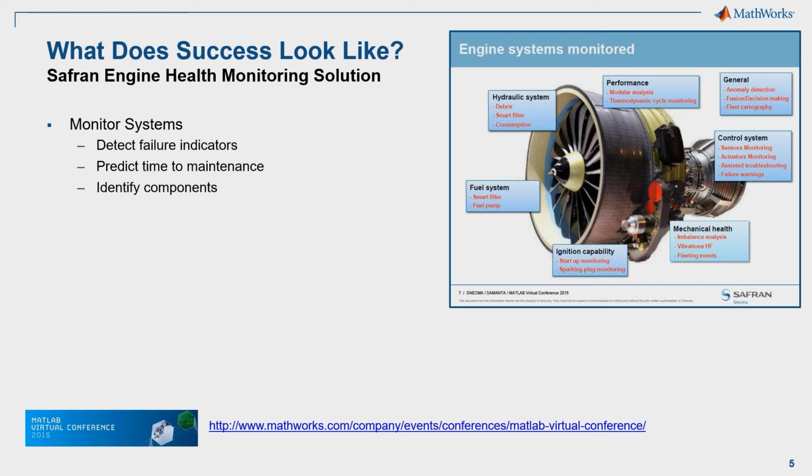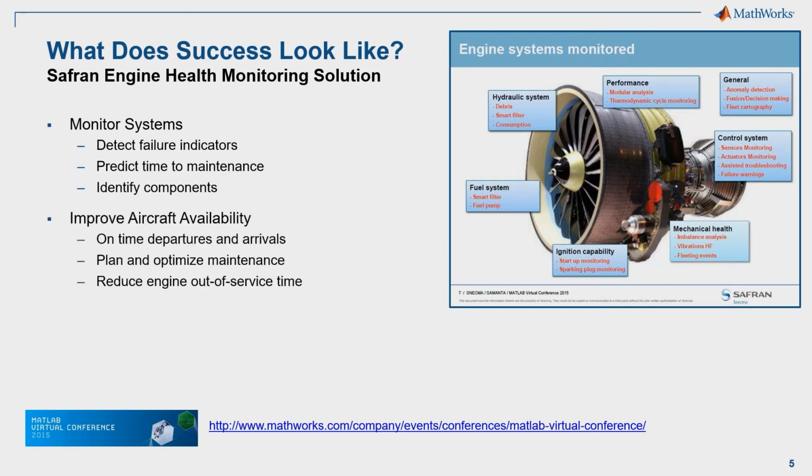Right, so this is what's the current condition of my machine. But they're able to monitor their system and use the sensor data they have to predict failure indicators. They can then extend that into actually predicting the time to maintenance as well. And what this allows them to do is really improve aircraft availability, right? If I know when my engines are going to fail before they fail, then we don't have that, oh, we're delayed for mechanical issues, right? Those mechanical issues have been sorted out before the flight is boarding. It also reduces maintenance costs because we're not just doing maintenance on things that don't really need it, and so we can really focus our efforts where they're best used.